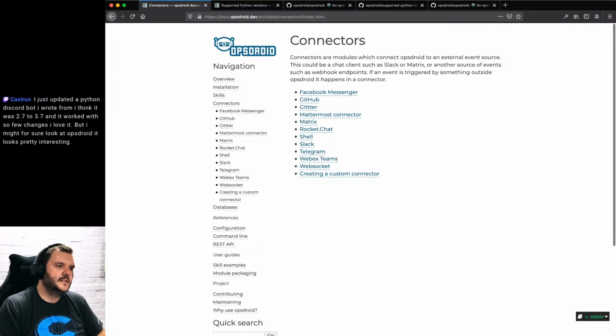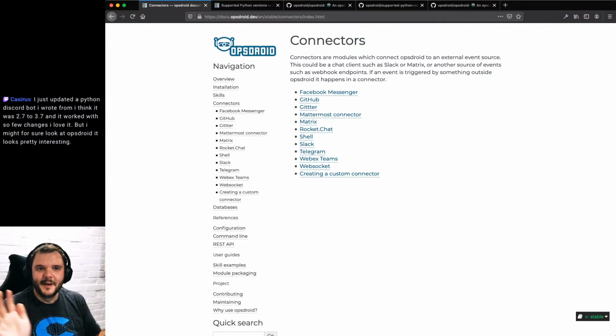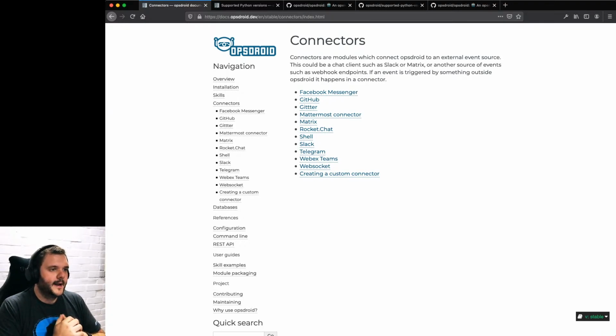And interesting, Twitter's not on that list. I'm sure we do have a Twitter connector. I might need to actually double check this. And maybe my whole idea here is flawed because the Twitter connector never got migrated in. So Opsdroid is very plugin based, and plugins used to be all third party. And we started pulling in ones that we wanted more control over into the core a while back now.